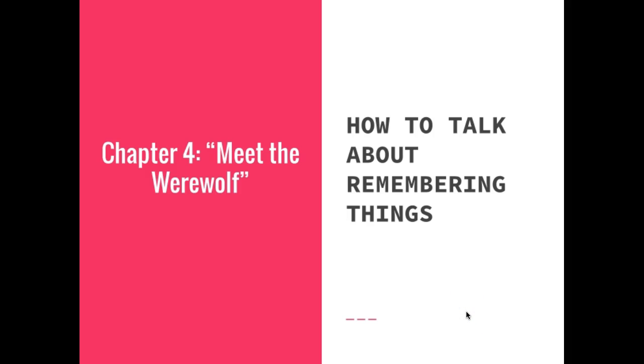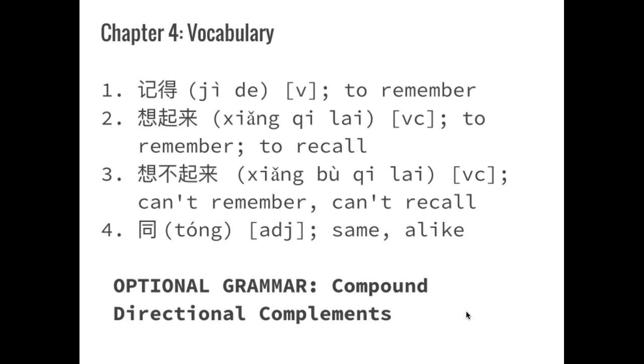In lesson 4, we're going to talk about remembering things. 我们的第一个生词是记得，第二想起来，第三想不起来，第四同。And I'm also going to